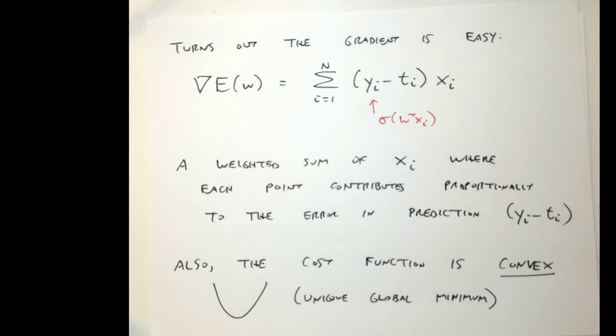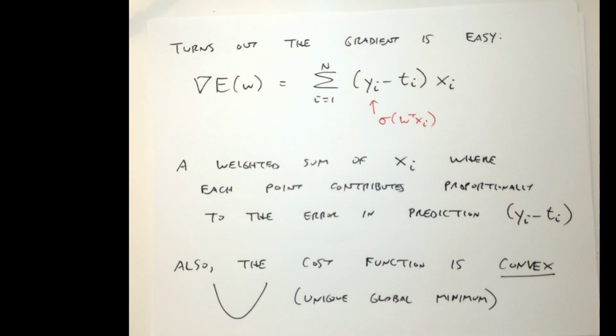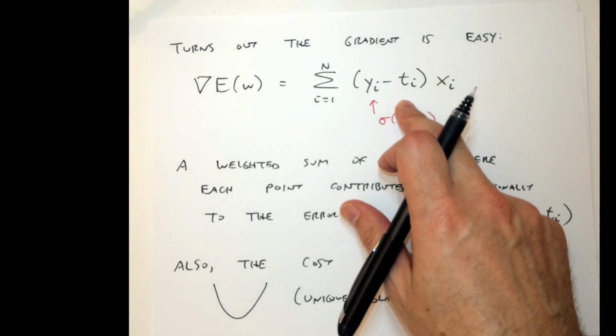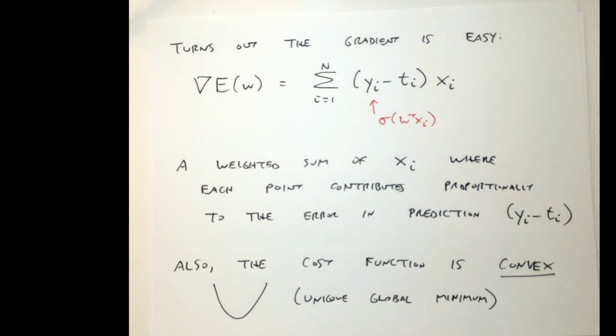And so the gradient for the multiclass case is similar, right? So in the multiclass case, basically, I'm just doing this for each of the WJs that I have. So the gradients are similarly easy to derive. And so the last thing I'll say about this, I guess, is that